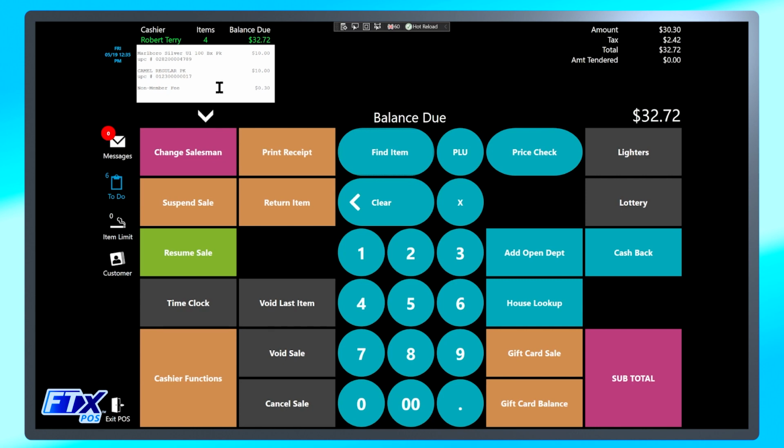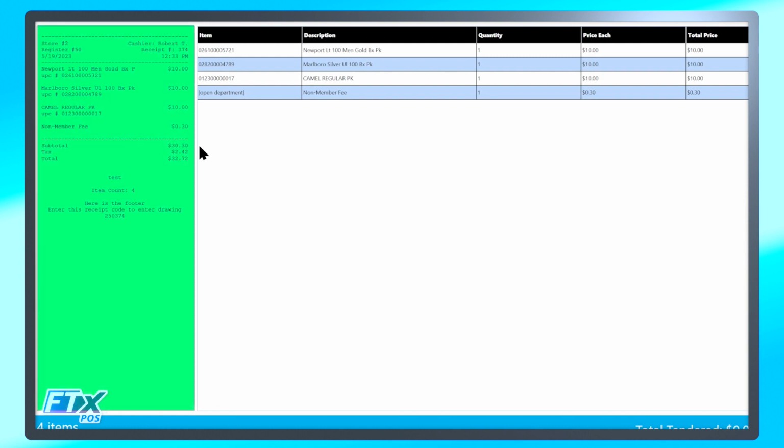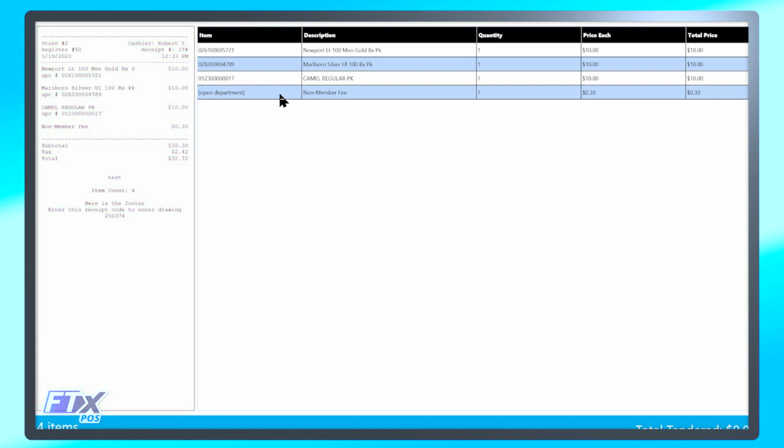the preview window will update like normal. The taxes will update like normal as well. The non-member fee will regenerate itself to the same value, taking the 20-cent value from the pack of Newports and the 10 cents from the Marlboros, and putting it down at the bottom of the list. This is what the cashier will see, and eventually when the receipt is printed out, this is what the customer